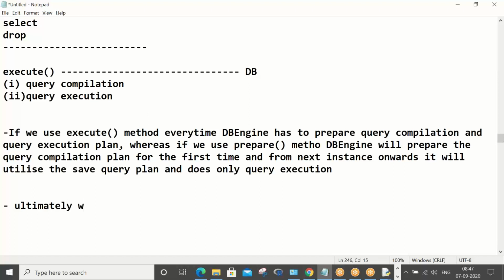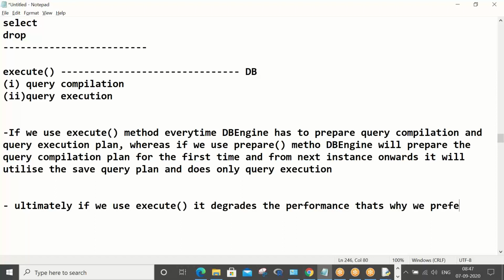Ultimately, if we use the execute method, it degrades the performance. That's why we prefer to work with the prepare method.